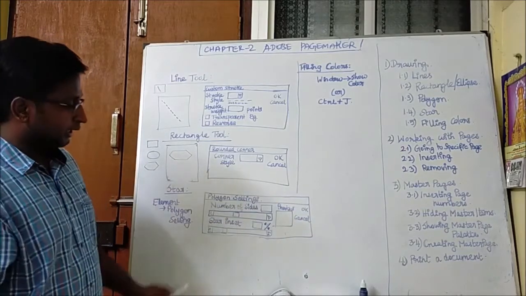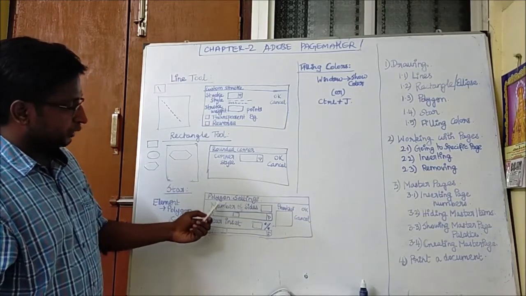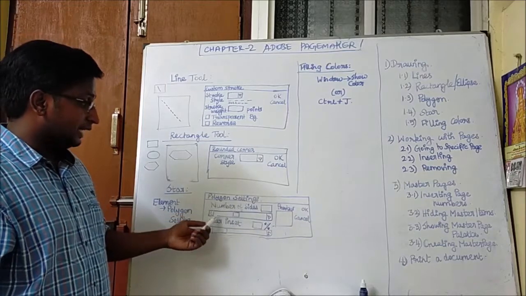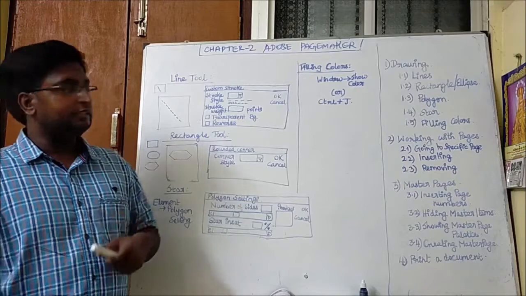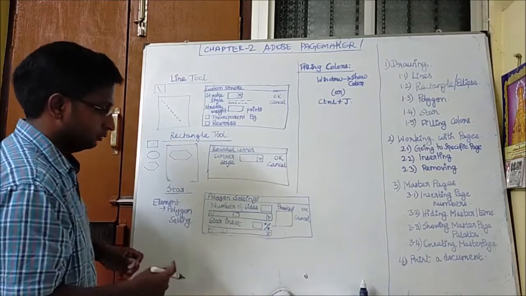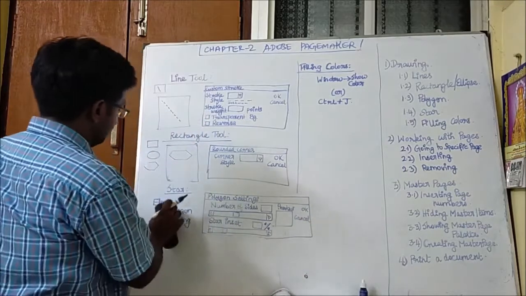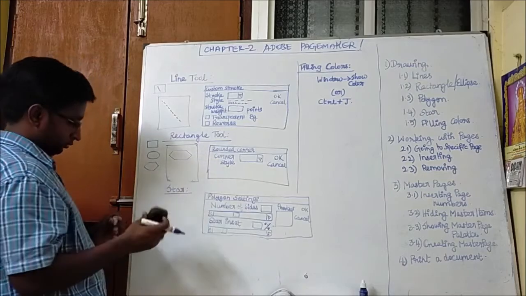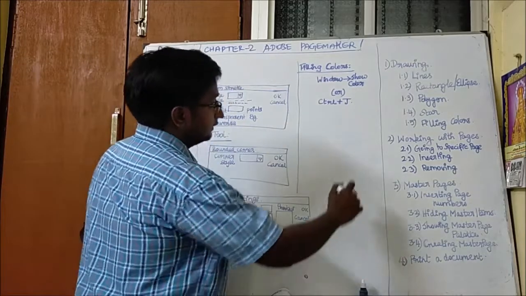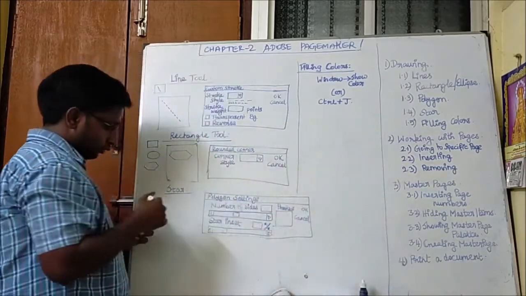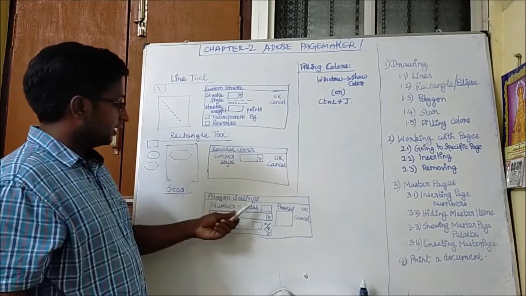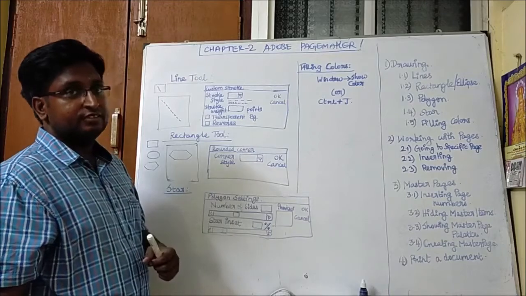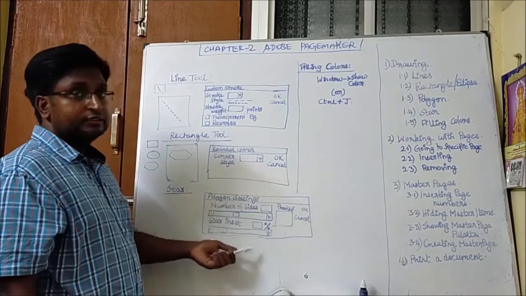dialog box. In that you will have two options: the number of sides and the star inset. What do you mean by the star inset? For example, if you are going to draw a star and you want more sides, we can give the number of sides itself. No need to give the star inset.